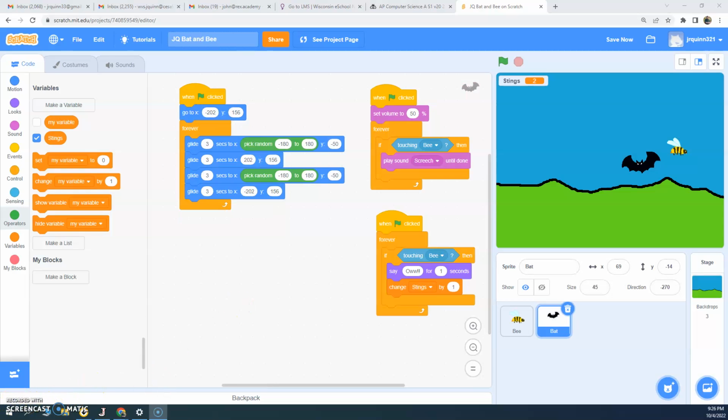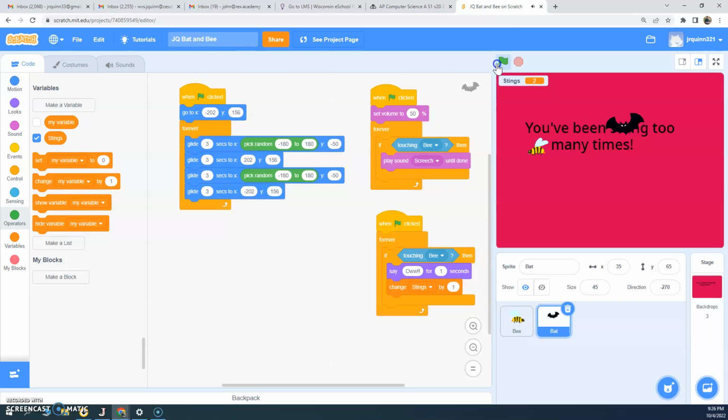Well, let's take a look and see if we like this. So remember, after the second sting, we should hit the end of game screen. There's 1, and here comes 2. Great. That works pretty well. Sometimes when we have a stop all script at the end of an if block, we